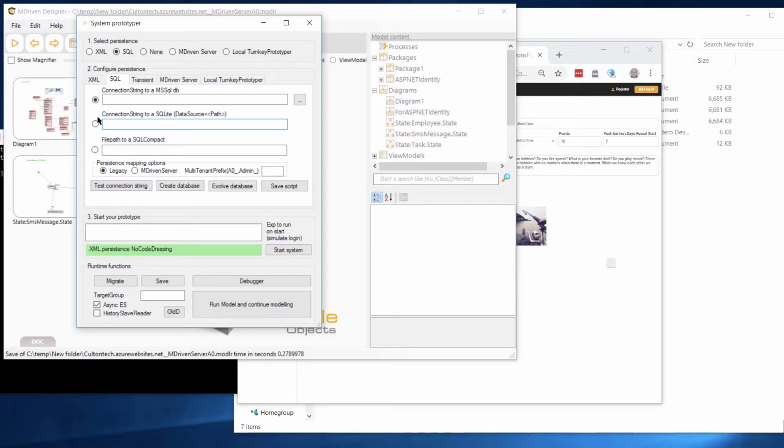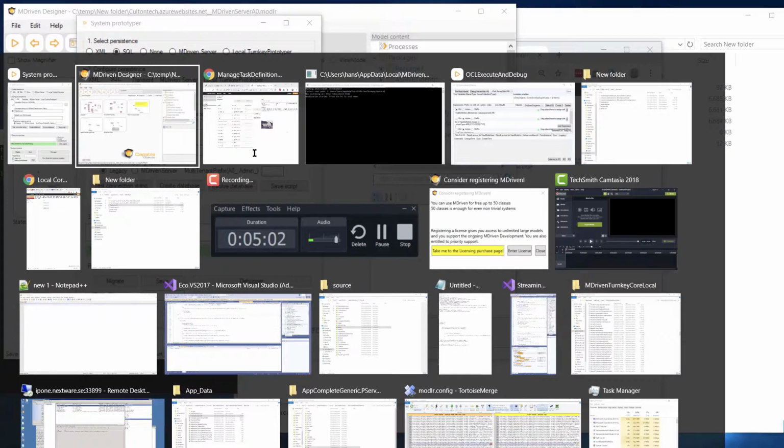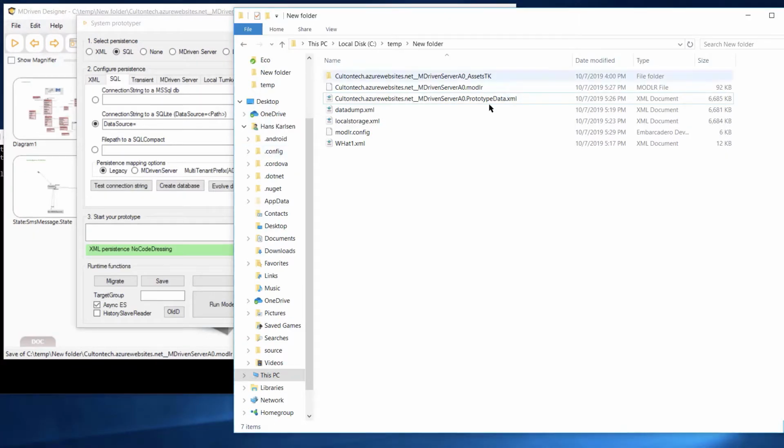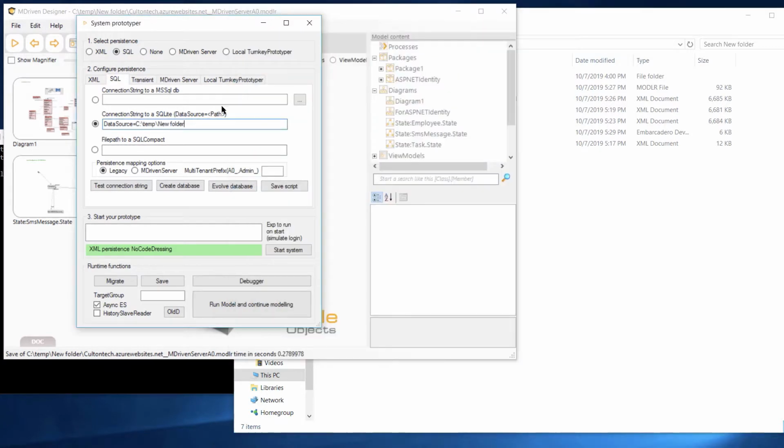The connection string for this one is actually that you just type data source and then a file path. So let's see, if I were to take this file path and say that my SQLite DB